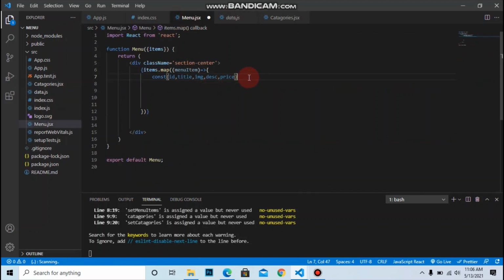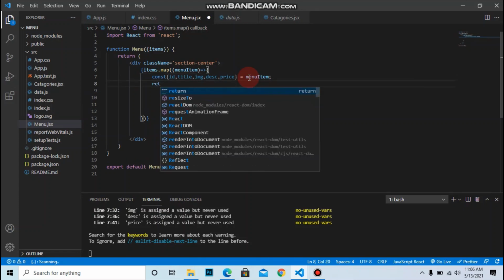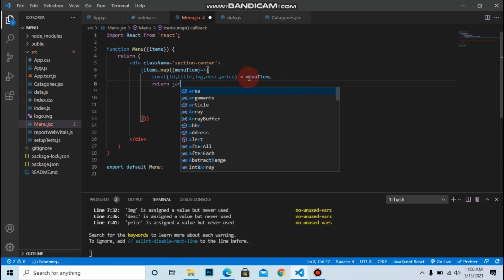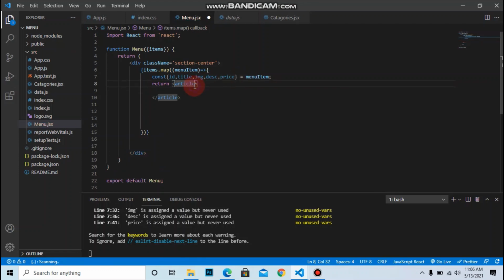By destructuring, we use the properties of the data that is in the menu item. After that, let's return article. We will show the item in the article tag.